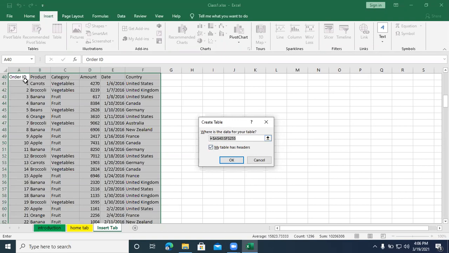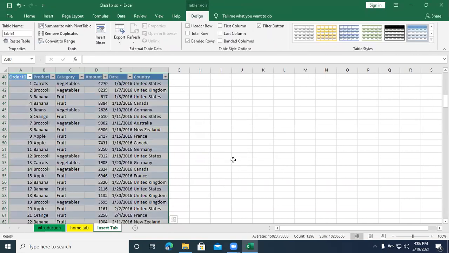We already selected the headings, that is order ID, product, category, amount, date, and country. Yes, I have headings for my table, and I have already selected this checkbox. So click on OK. Once I click OK, immediately this is formatted as a table.